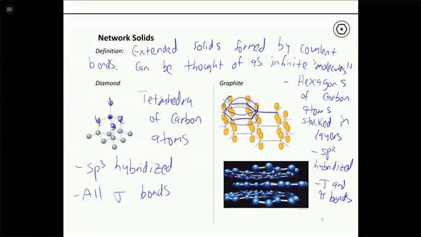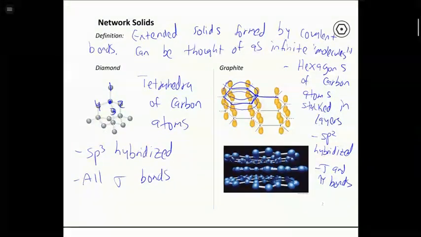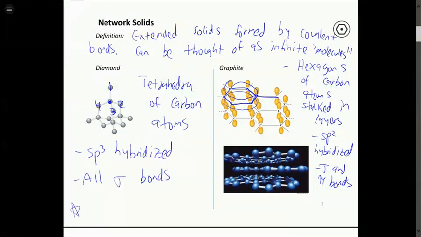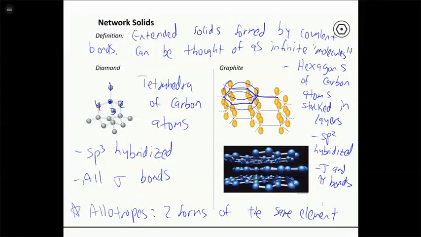And so clearly these 2 forms of carbon have very different structures, and we're going to get into what the difference is in their properties in a little bit. So when you have 2 structures of the same element, you call those allotropes. We've talked about isotopes, which are different atomic structures that have different numbers of neutrons. Allotropes are the same element, but they have 2 different structures. So 2 forms of the same element. So that's a word that you might see, but basically diamond and graphite are 2 allotropes of carbon, and because the bonding is so much different, these are sp3 with only sigma bonds, these are sp2 with delocalized pi bonds. Because the structure and bonding is so different, it stands to reason that the properties are different.